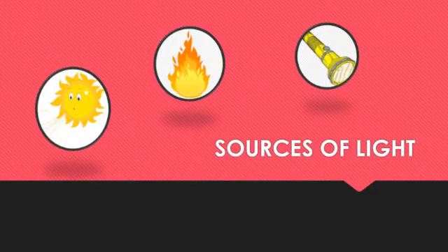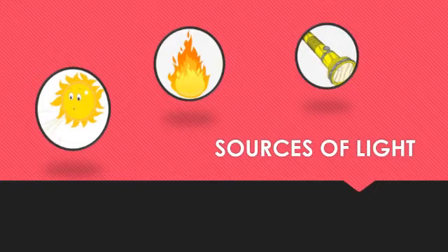So dear students, without light we are not able to see. An object can only be seen if light from it enters our eyes. And we have to see some sources of light. With the help of them, we are able to see all the objects around us. We are able to read even our book when there is light. Without light, we are not able to study.